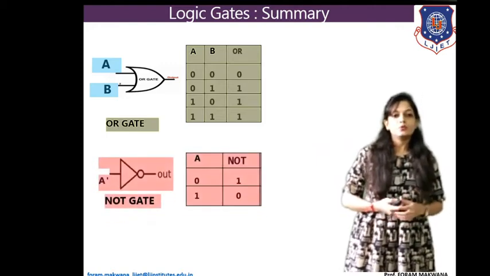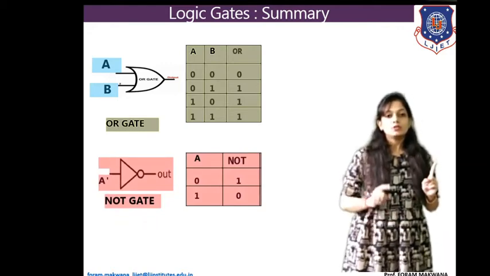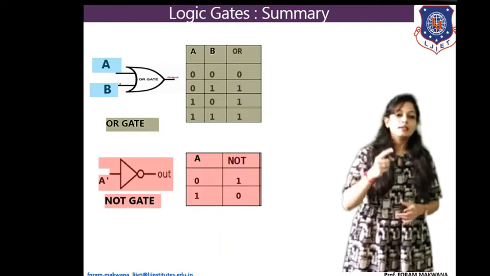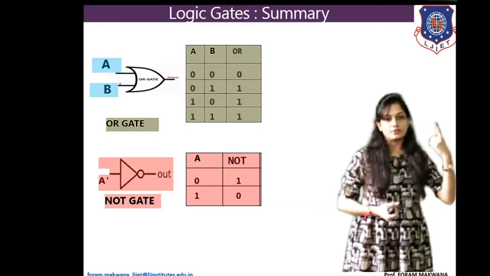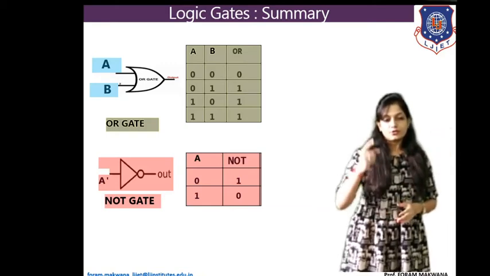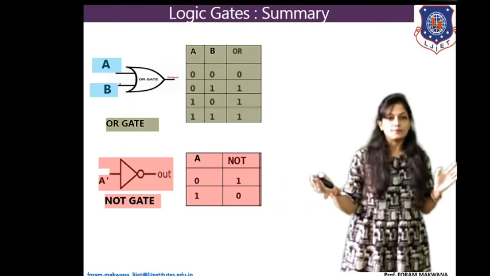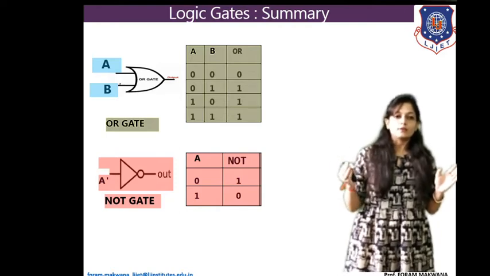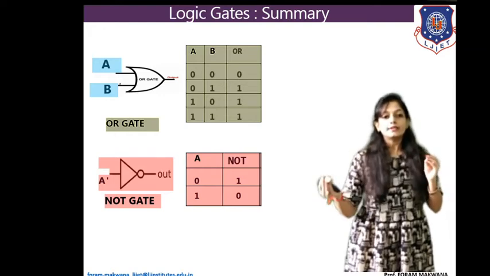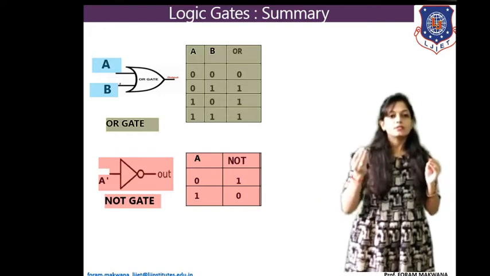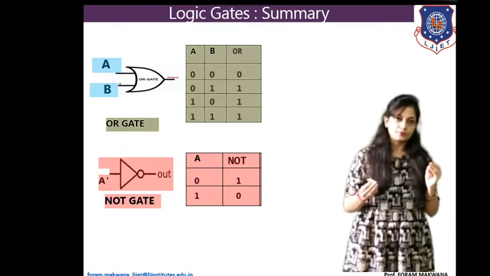Now, this is the only gate, the NOT gate, having a single input, right? Single input, single output. Single input means it can have only either 2 values, either 0 or 1. So if I apply a 0 at the input, we will get its complement output. Complement output means, if I apply 0, then I will get its inverted output. Why? Because this is the operation of NOT gate. It will give you the inverted output.